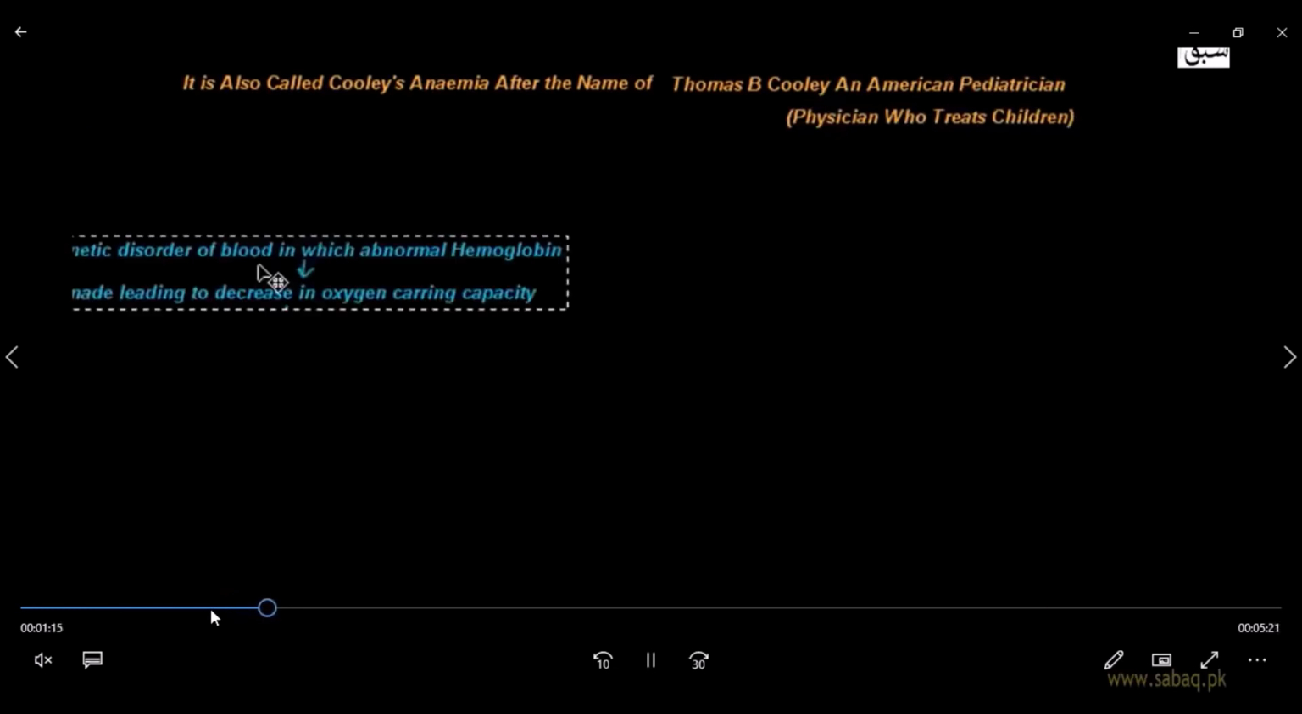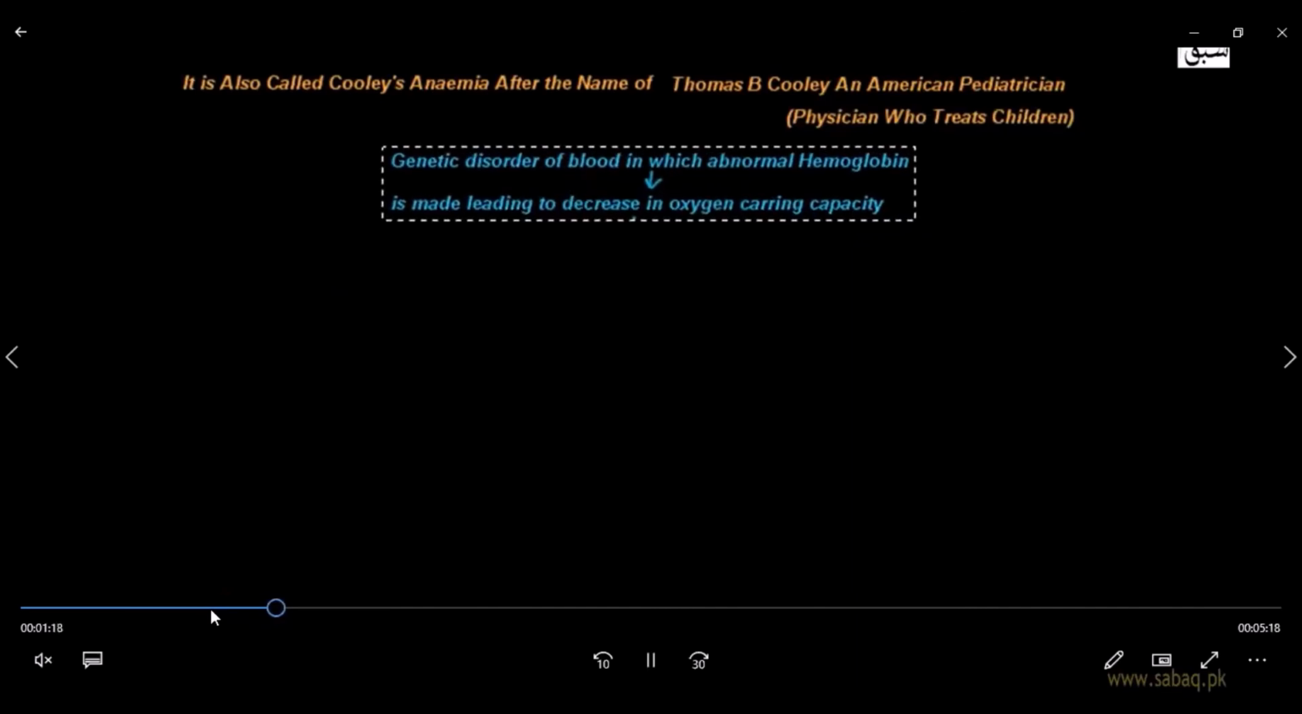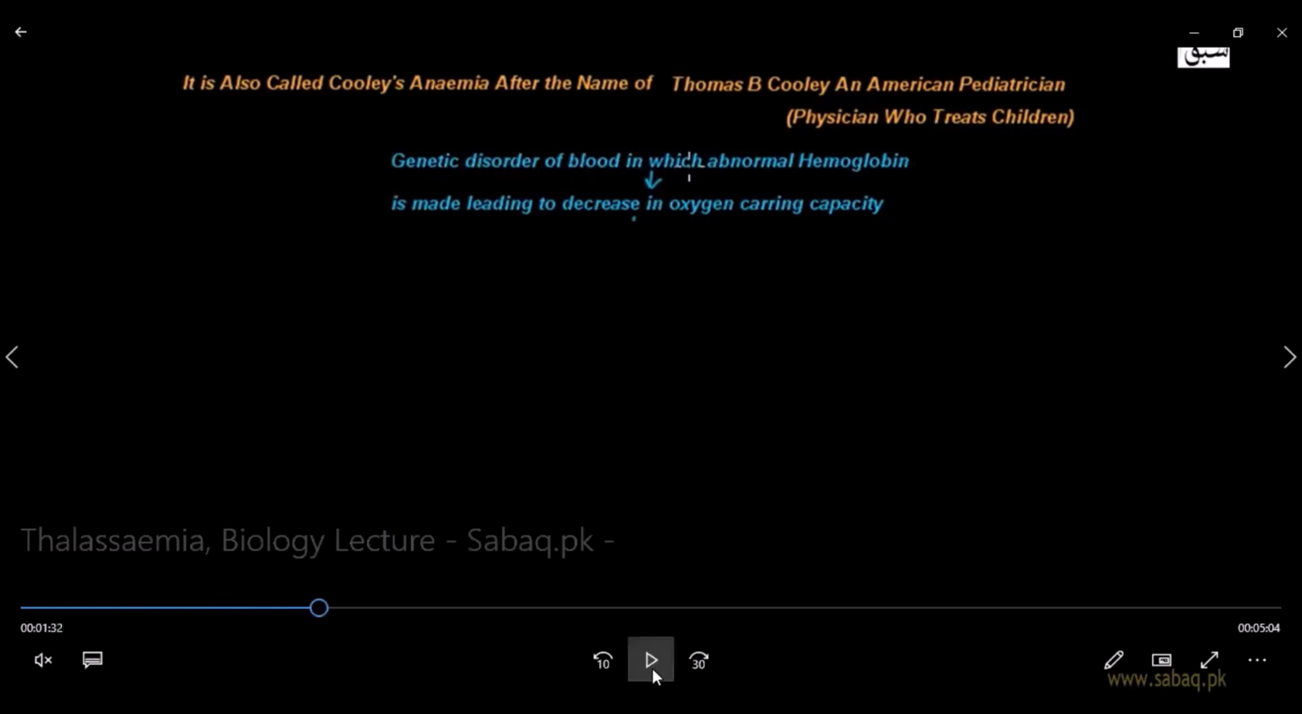Now, he actually studied this disease in depth, the cause and pathology of this disease, and hence this disease is named after him. So he concluded that this is a genetic disorder of blood in which abnormal hemoglobin is made, leading to decrease in oxygen carrying capacity. As we know, normal red blood cells are responsible for transportation of oxygen with the help of the hemoglobin protein present inside them. Hemoglobin attaches to the oxygen molecule, forming a hemoglobin complex, and hence it moves around the whole